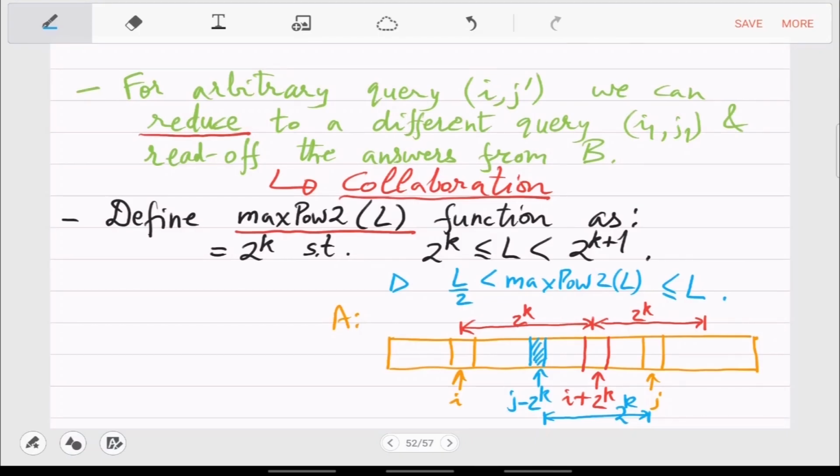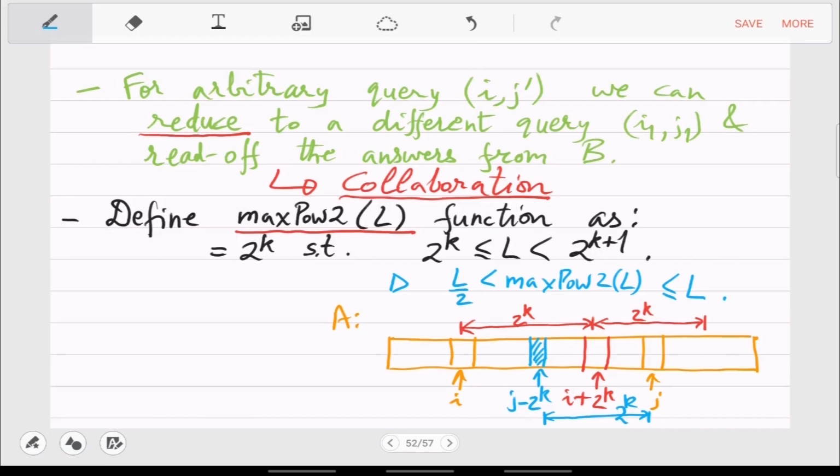So you should be looking at this window, the blue one, because that answer is already pre-calculated and stored in the matrix. So it's j minus 2 raised to k comma j. So that answer you know, and there is another window whose answer you know, and which will be helpful, which is starting point i to i plus 2 raised to k.